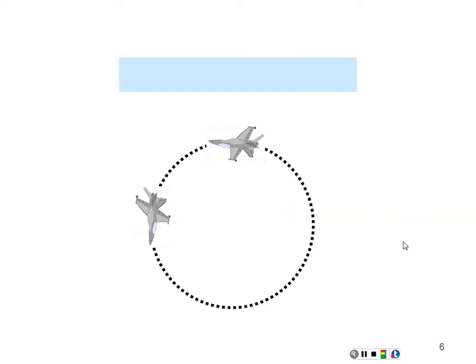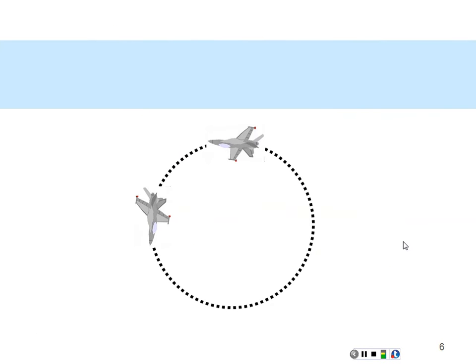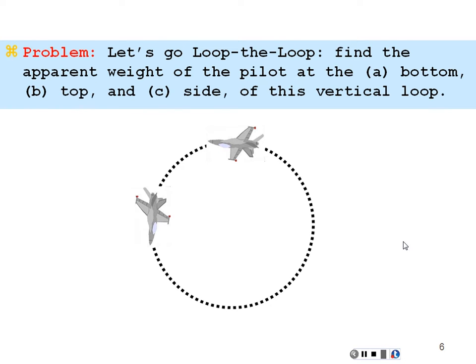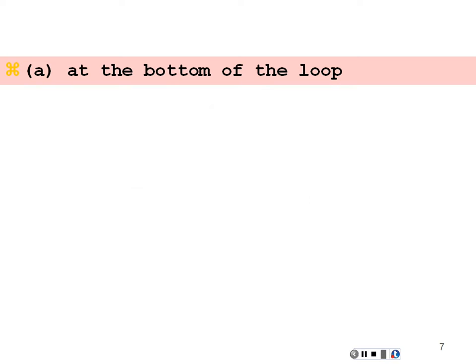Let's try another example. Let's go loop to loop. Find the apparent weight of the pilot in this loop-to-loop, a vertical loop, at the bottom, top, and side of this vertical loop. Let's say we're going to consider the pilot at the bottom of this loop,